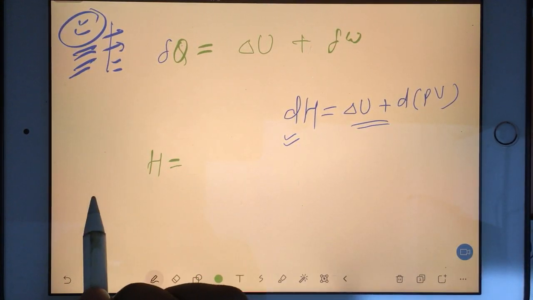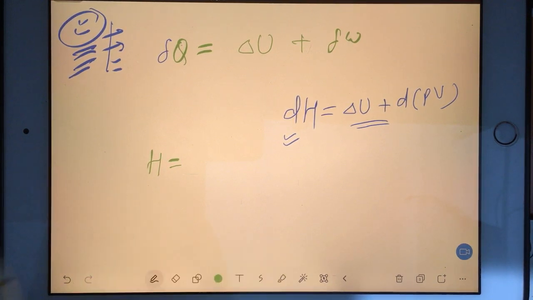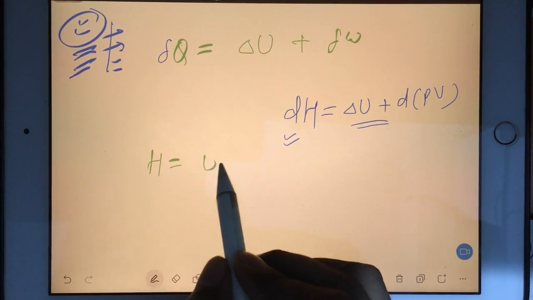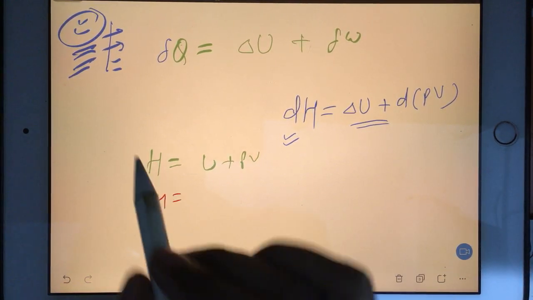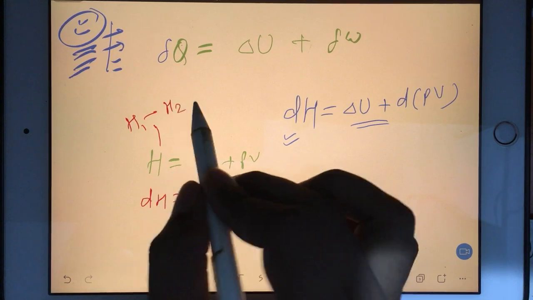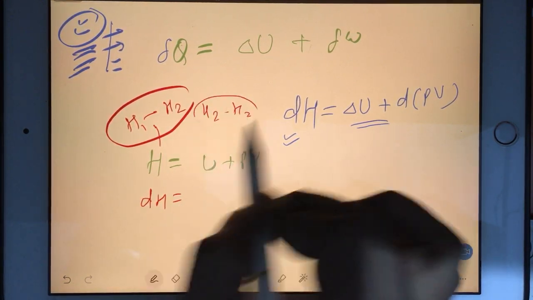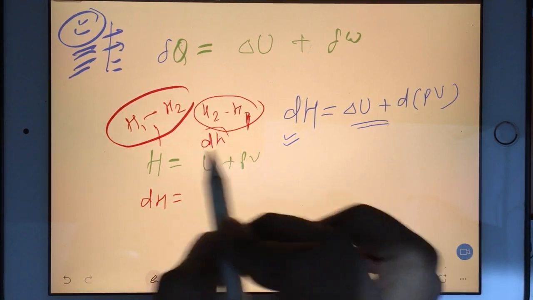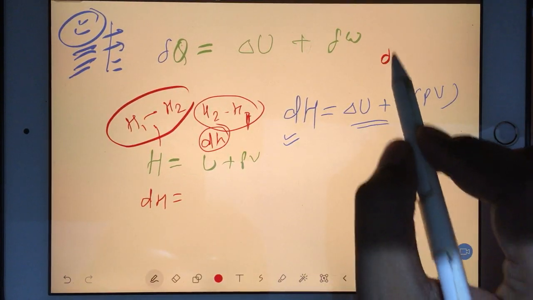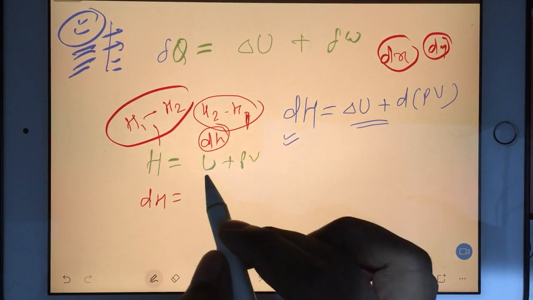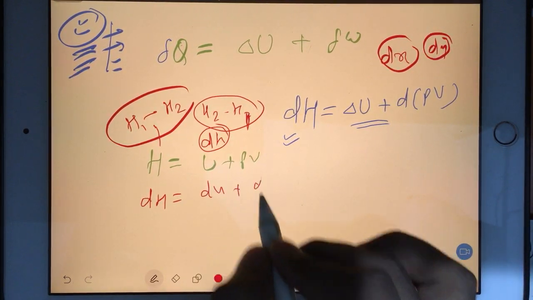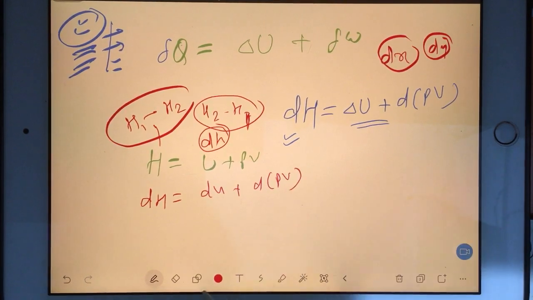Enthalpy is having its own equation. That equation I have already given in the fundamental classes. So H is equal to U plus PV is the fundamental formula of enthalpy. If you want to change the enthalpy, I mean from H1 it is going to H2, so H2 minus H1 we can represent with dH. You remember, anything we can represent like dx, dy, they will represent change in the property, right? So this dH you can write as dU plus d(PV). Okay, now this d(PV) you will open. Actually, first time you can see this kind of opening.